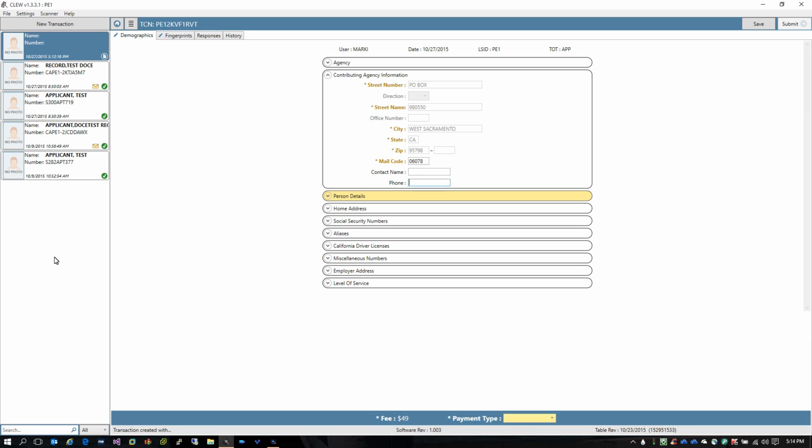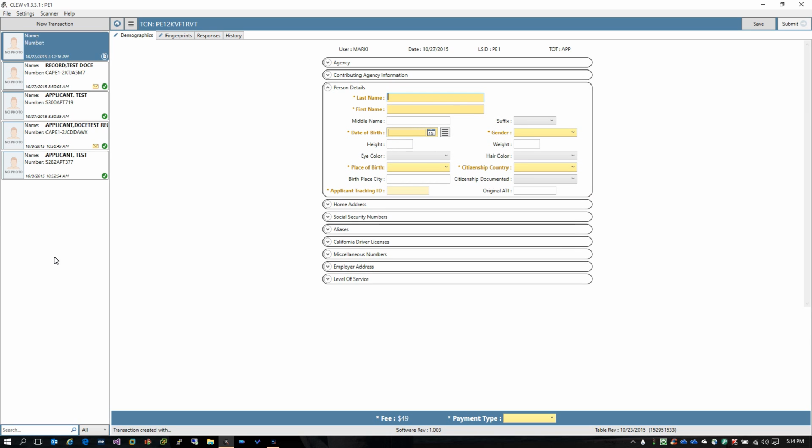We have our mail code, so we'll go ahead and tab down to our person details. In this case, we're going to create an applicant test record. So we'll give him the last name of Applicant, first name of Test, middle name of Record. Suffix, you can type a single letter and it will bring up the letter that most closely corresponds. In this case, Junior, I typed a J. Or you can drop down the list and you have quite a few that you can select from,